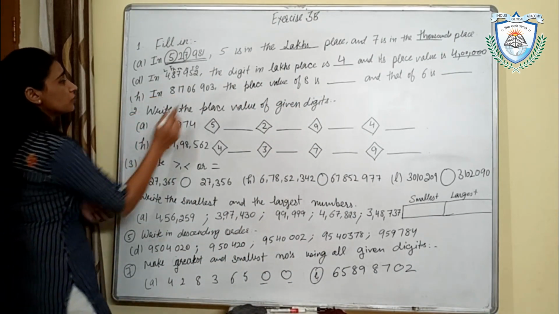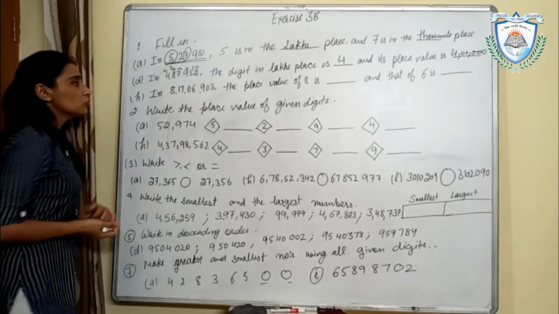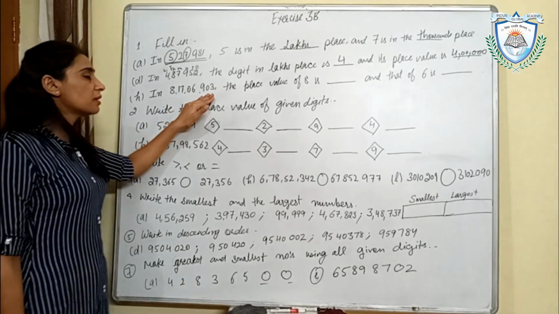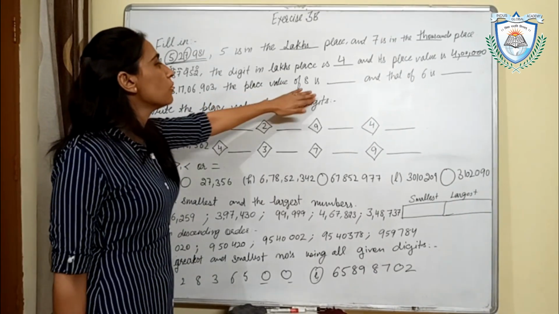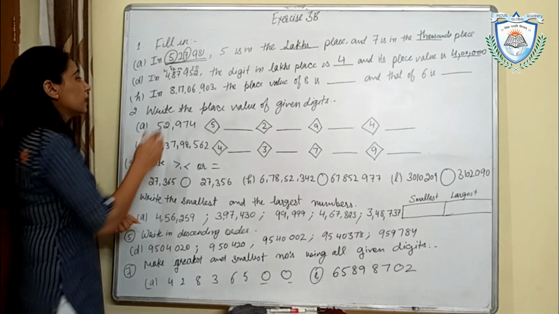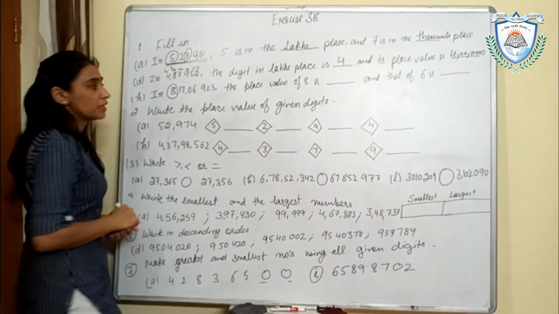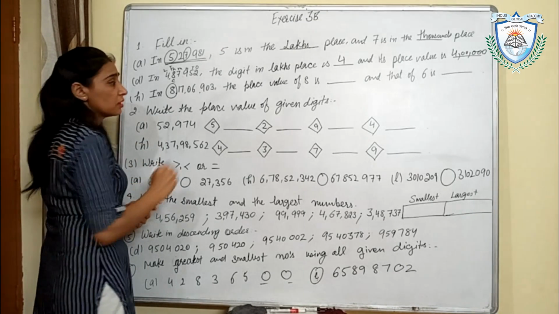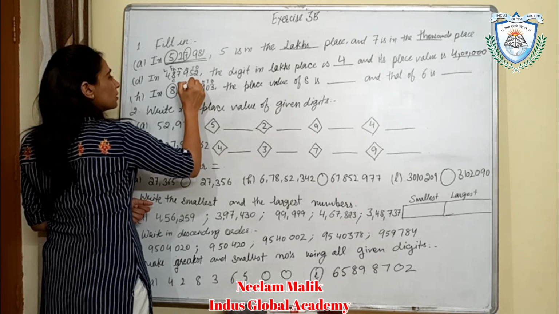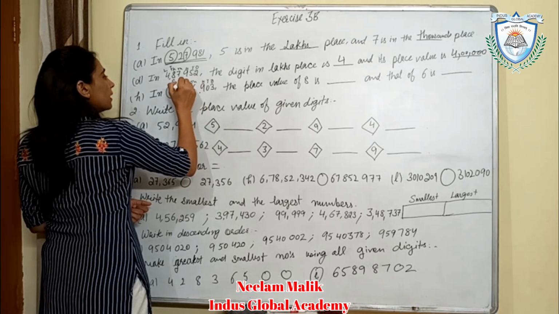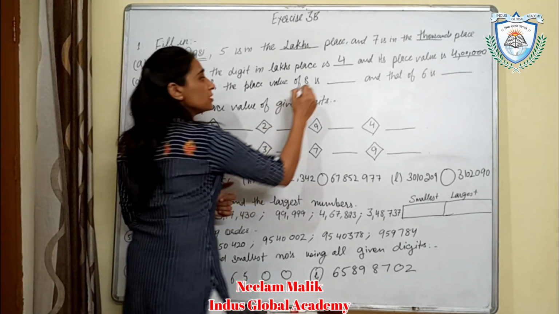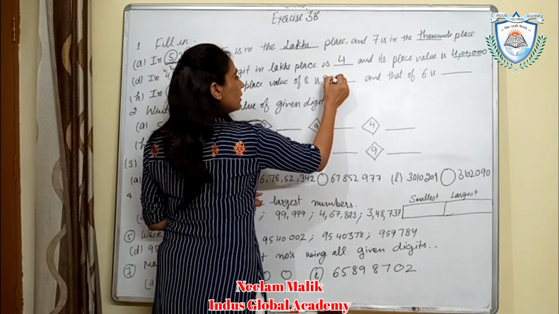Now this is our number. How will we read this? You can put the commas here. So here is 8 crore 17 lakh 6,903. We have to tell the place value of 8. What is the place of 8? Place of 8 is crore, because ones, tens, hundreds, this is thousands, this is 10,000, here is lakh and 10 lakh. So 8 is crore, and the place value of 8 is 8 crore. Very easy. So you will write here 8 crore.